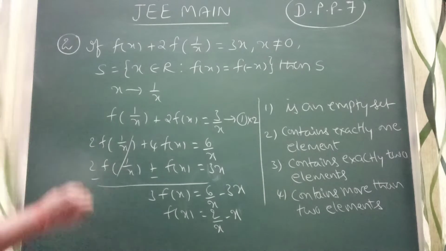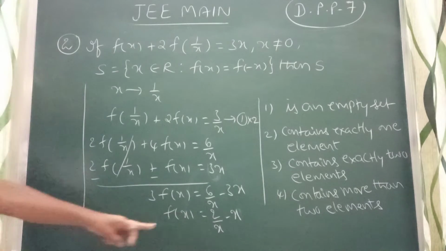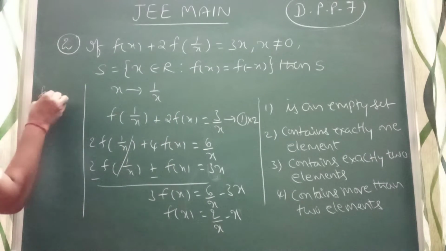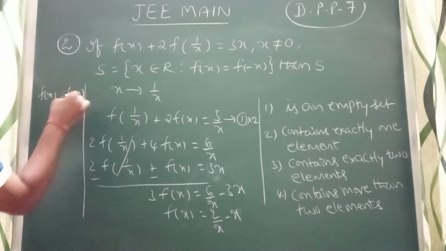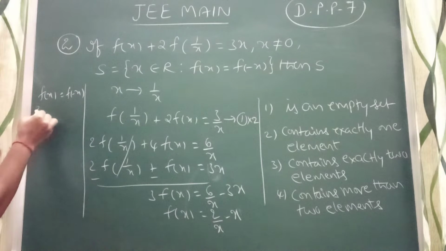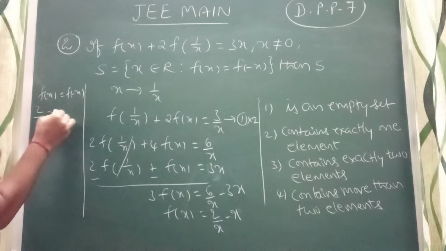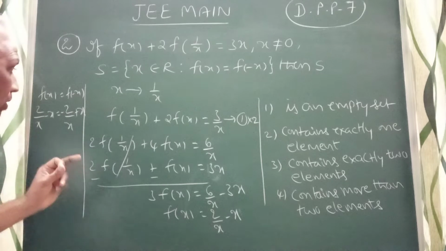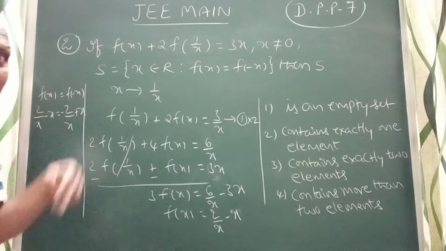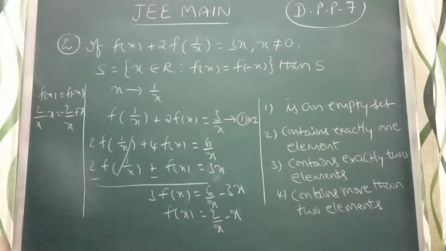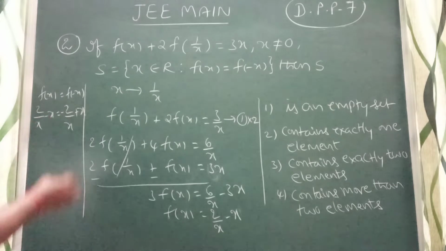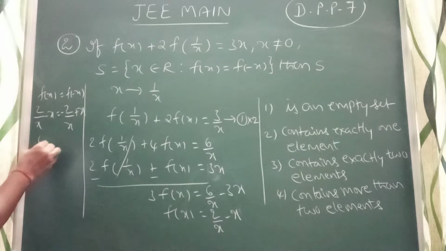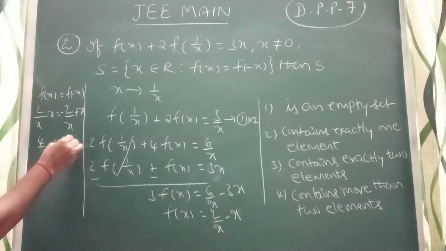Now you can check that. They have given this one. You observe here, I got f of x equal to 2 by x minus x, but they have given f of minus x. Then I can write 2 by x minus x equal to minus 2 by x plus x, right? I can write like this. Understood this? Just replace f of x with f of minus x. If I replace this one, you will get this. I can write two terms. You get 4 by x is equal to 2x.